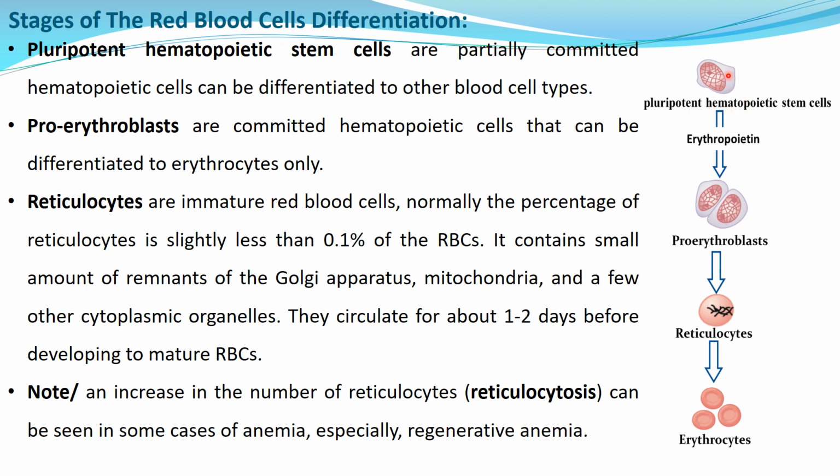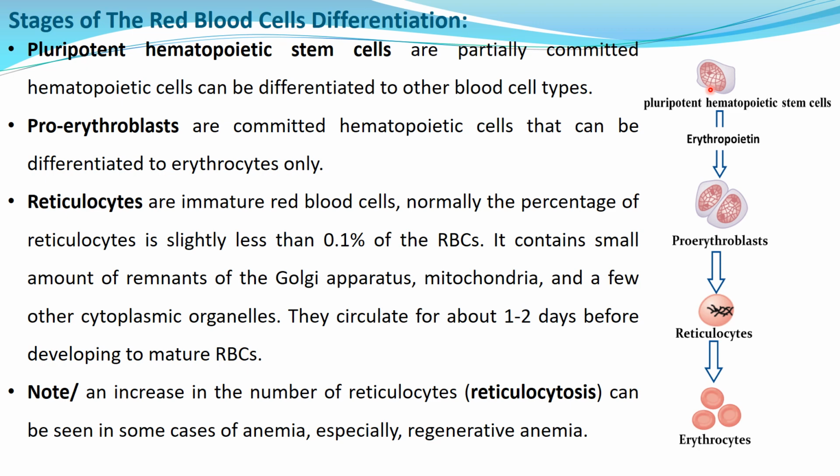These cells have specific receptors for the hormones which are responsible for blood cell production. So the pluripotent hematopoietic cells are partially committed hematopoietic cells. Why are they partially committed? Because